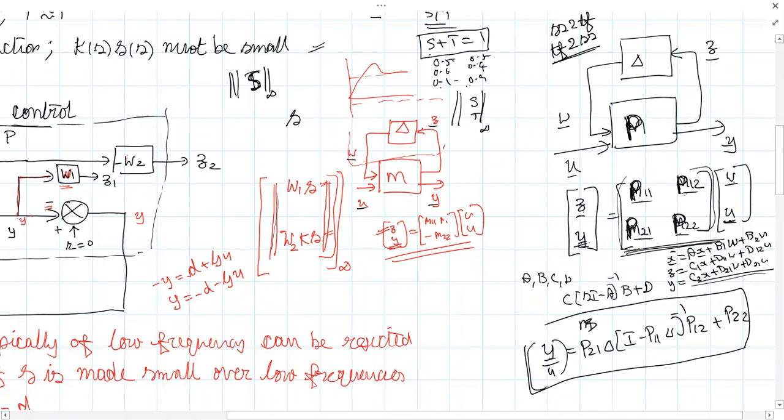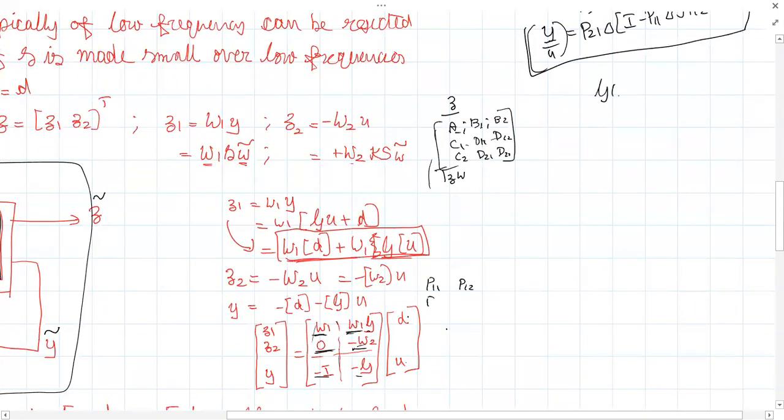See, if we have a normal transfer function G of S, Vishesh, what will be G of S in state space form? You will get C into (sI minus A) inverse B plus D. D is most of the time 0 only, so that system is proper. So if you have ABCD matrices, you can convert it into transfer function form G of S, or vice versa. If you have a transfer function, it can be converted into state space form.